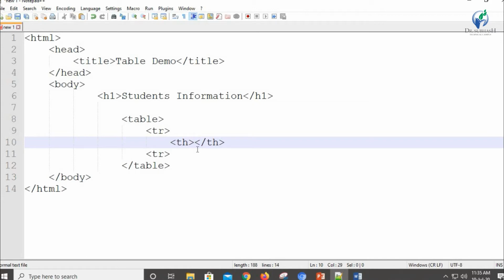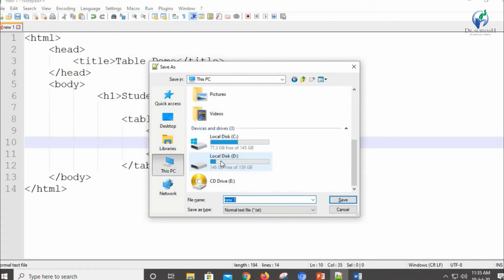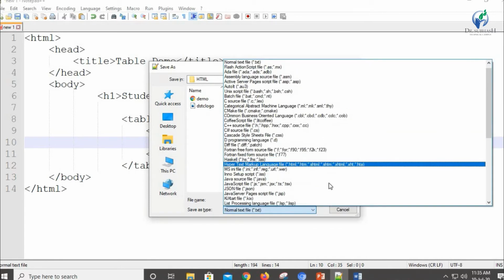First I am going to write, say, enrollment number. Okay, we are going to save this file. I'm going to save this file in the D drive, HTML folder. I'm going to name it table, and I'm going to choose the extension HTML.